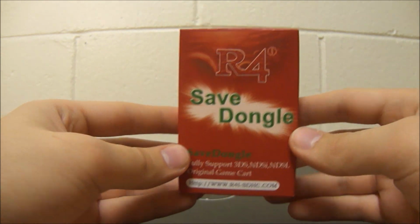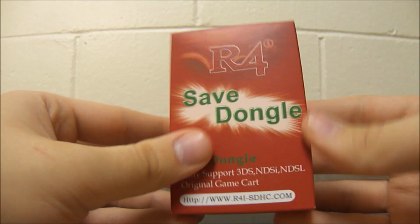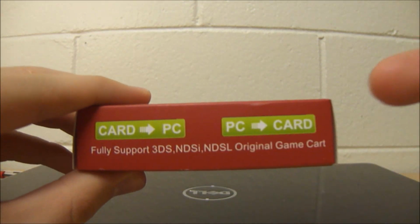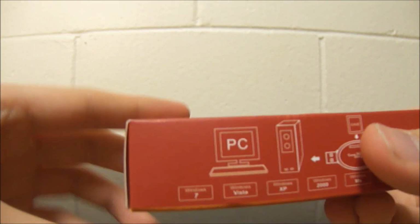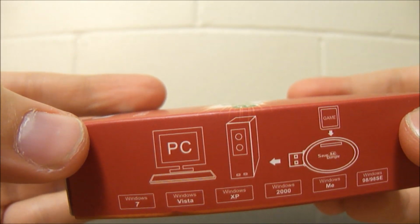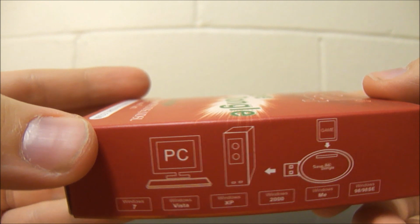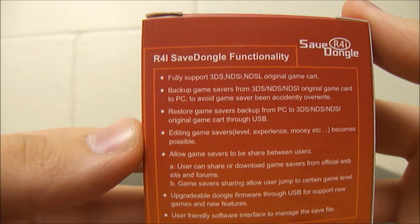So first off, the box isn't very big. It's a little smaller than my hand. On the side you have card to PC, PC to card. These should be very explanatory. On the other side you have a little diagram telling you what to do. You put the card in, the save dongle goes in the computer, and you do what you need to do. Now I must advise, this is not a device for transferring the ROM, but merely the save file itself. Alright, now if we look on the back,